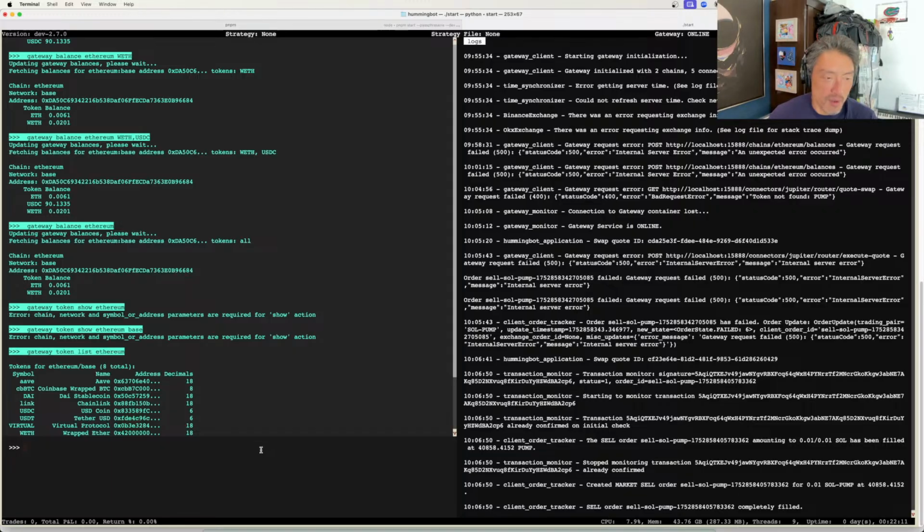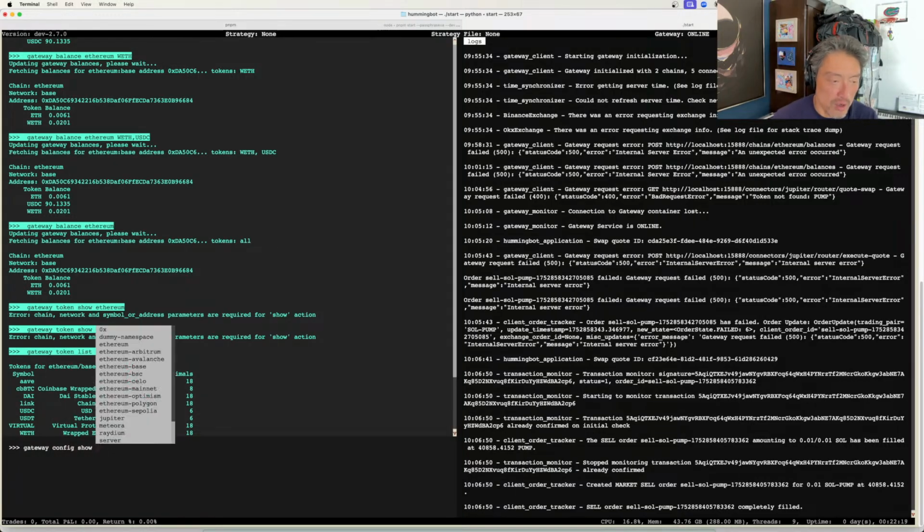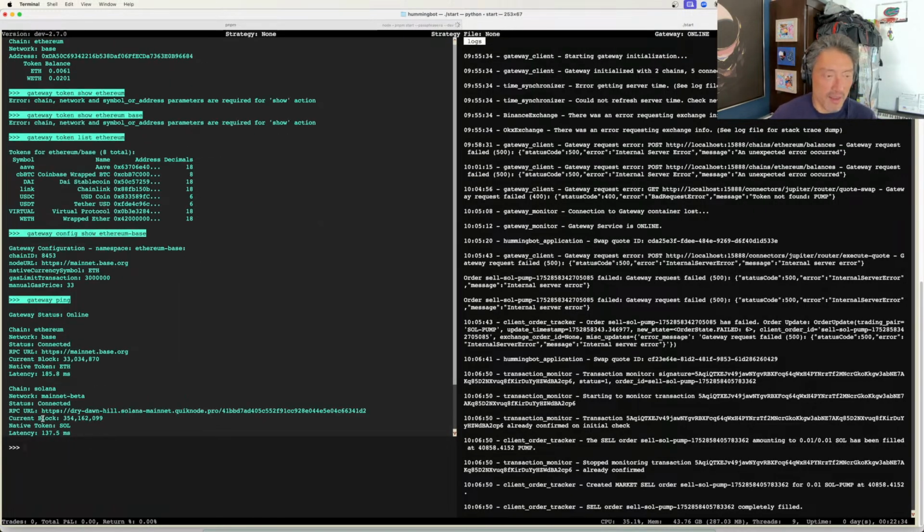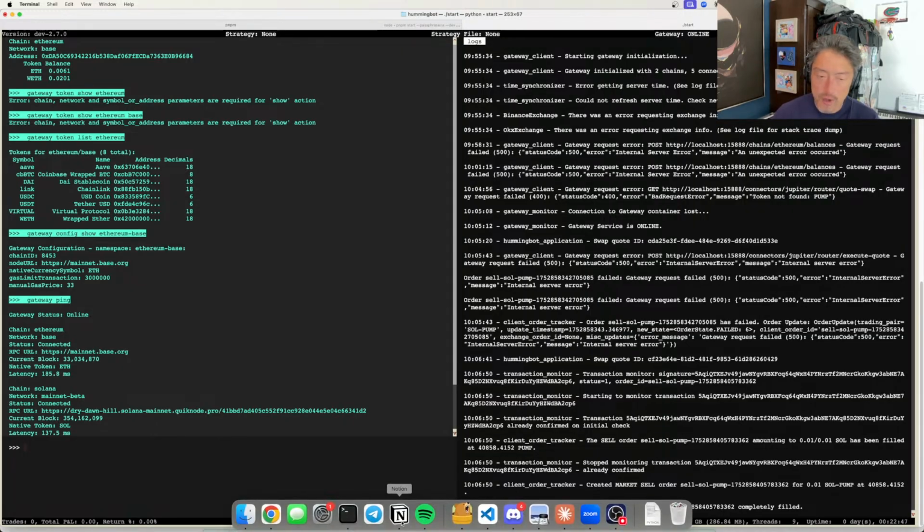Okay, so the reason this happened, I believe, is because I'm still using the default node for Ethereum base. This mainnet.base.org, just like the one for Solana, is not very good. It's hard to see it from the latency, this is 185 milliseconds, but I see an issue. When you're trying to fetch lots of things, like lots of tokens, it only responds to 1 or 2 requests instead of all requests. So before we move on, let me also replace the